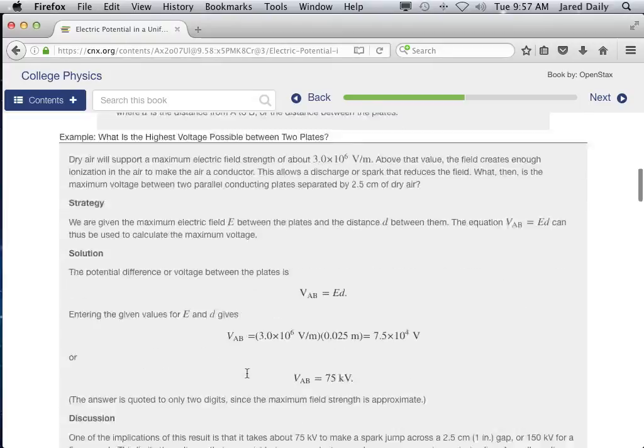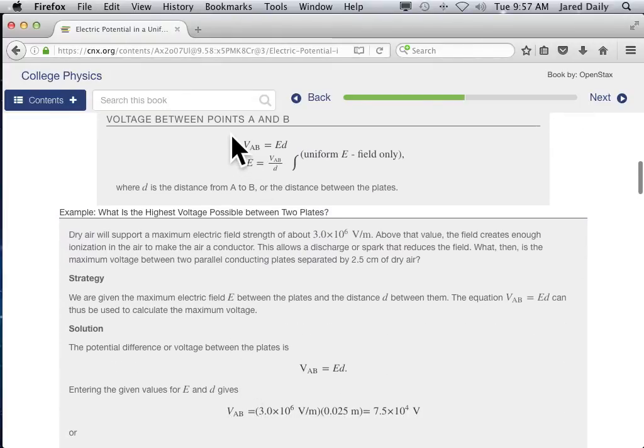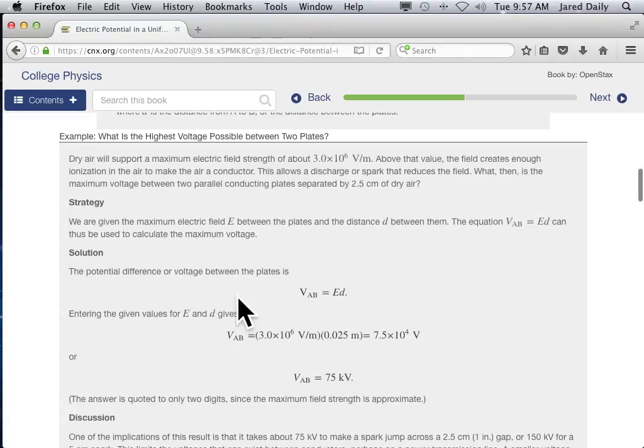So anyway, here's an example where we'll use this a little bit. The equation that we're dealing with now is voltage between points A and B is equal to the electric field times the distance between A and B. Pretty simple. So we have dry air will support a maximum electric field of 3 times 10 to the 6